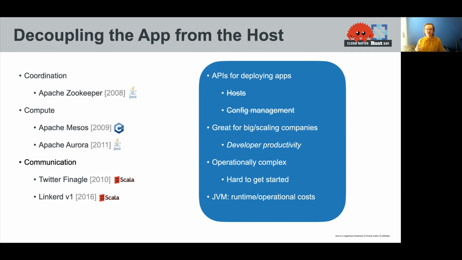Also, we're dealing with a lot of JVM runtime, which comes with runtime costs, overhead, memory, CPU, and operational costs in terms of debugging GC and things like that. And in this world, we're dealing with highly dynamic systems where Mesos may reschedule pods or instances without there being any kind of user involvement. And so we have to deal with things like service discovery and load balancing and retries and timeouts and all the things that are necessary to manage services at scale.